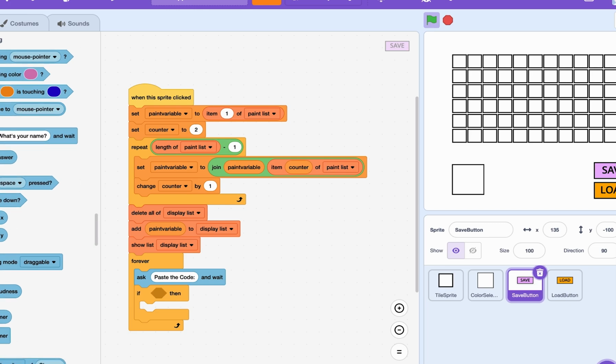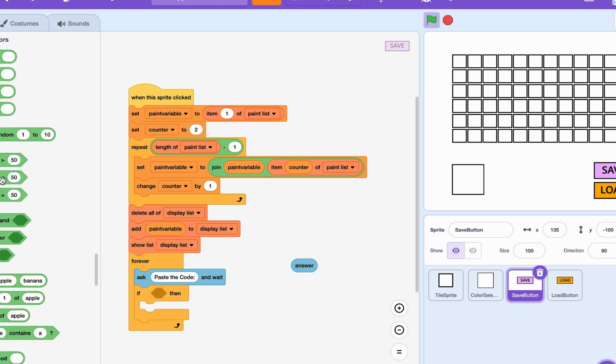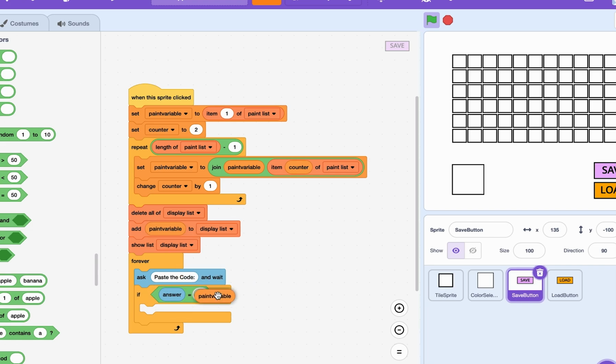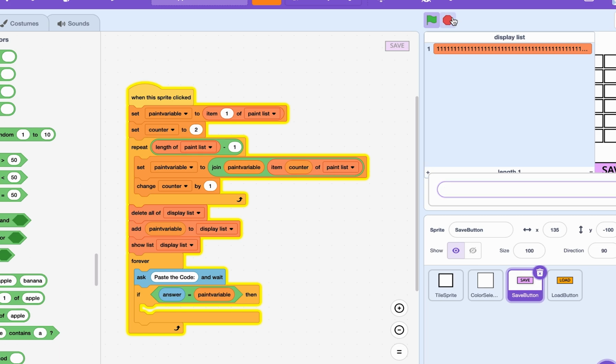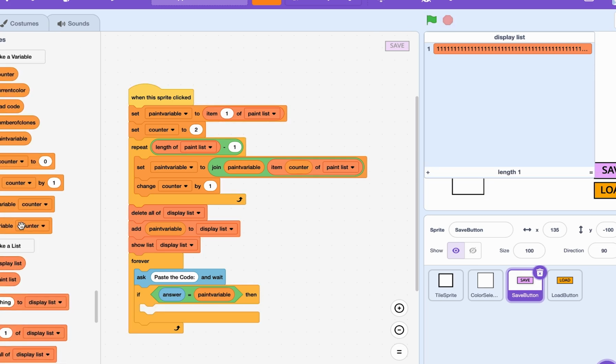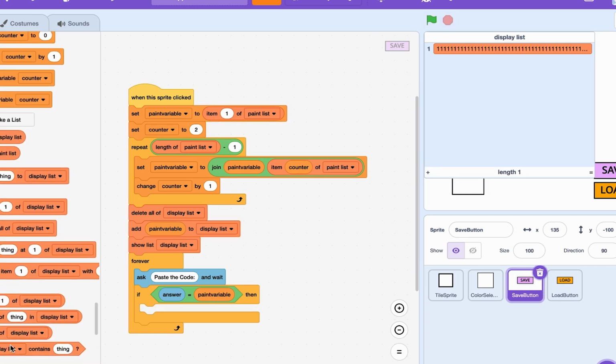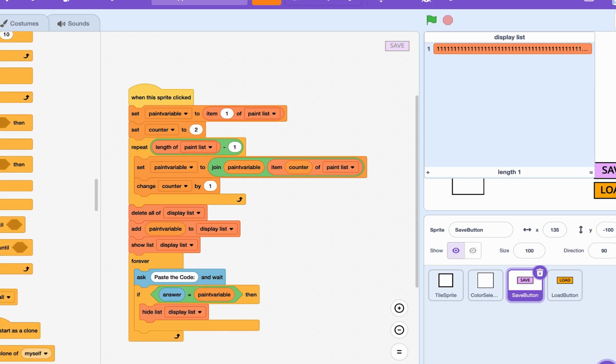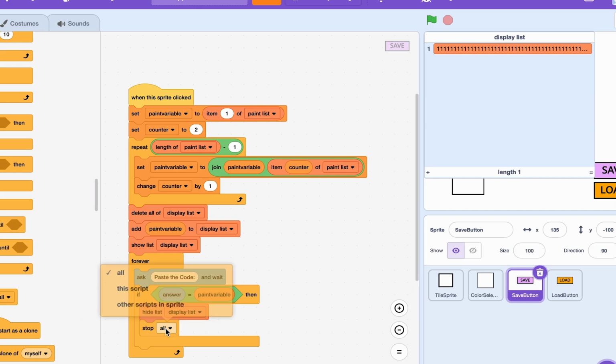If the answer is equal to the paint variable, we hide the list and stop this script. So what this does is essentially we run a forever loop and we are asking the